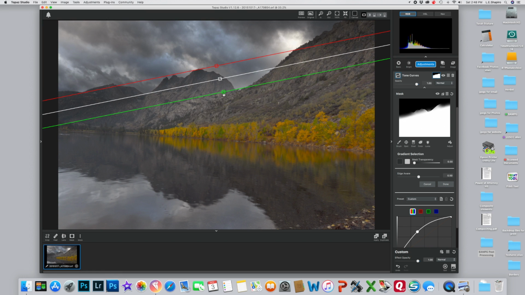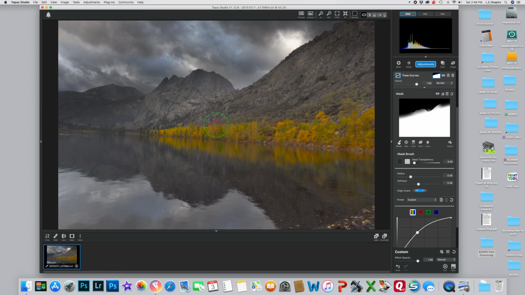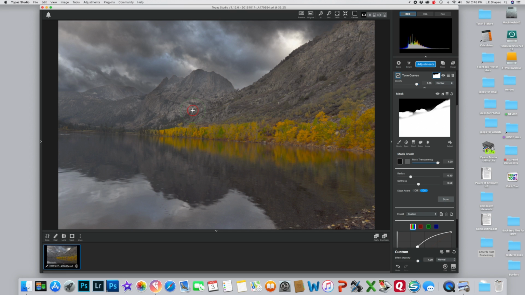And okay, and then I'm going to take the brush and I'm going to take some white paint and just make sure that I'm only getting the areas that I want here. Now sometimes I end up making changes that I later reverse, but I'm not sure at this point what I'm going to do, and I'll explain that in a minute. Okay, so I'm really starting to like the way this is looking here, because I got this nice reflection, and